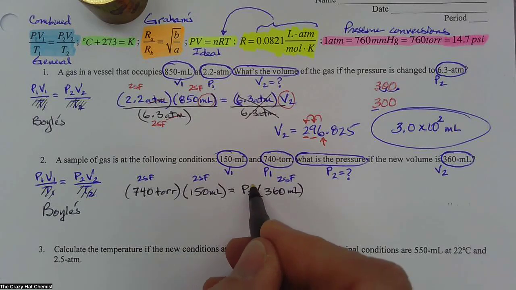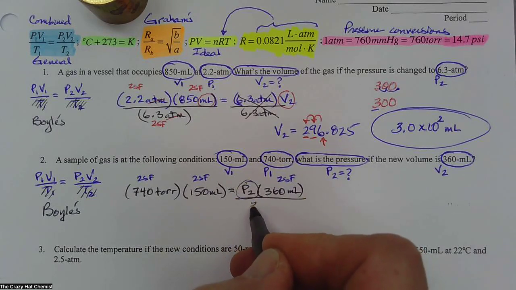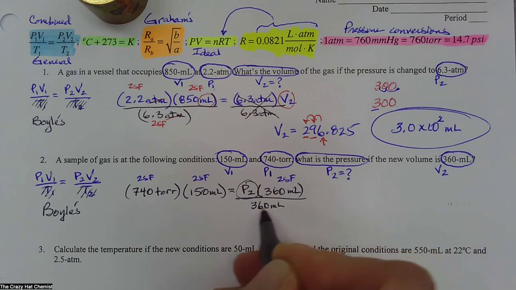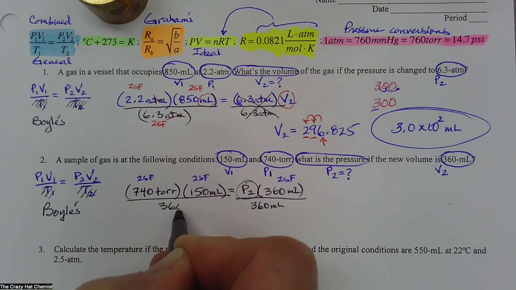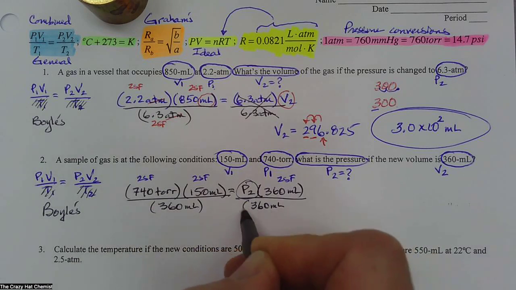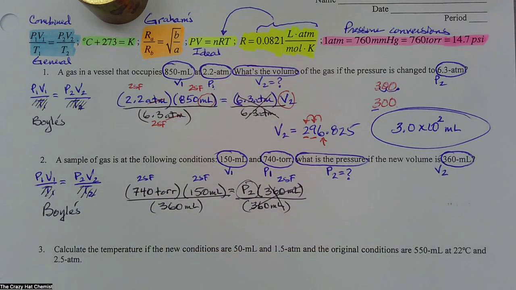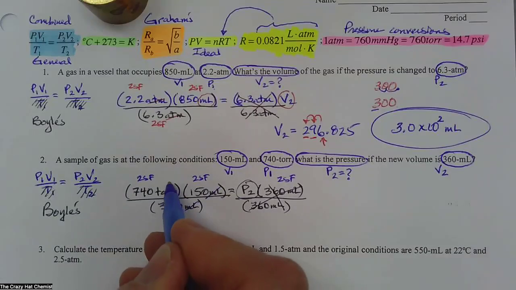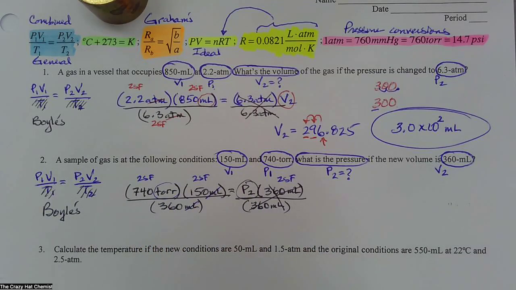I'm going to isolate this P2 right here, so I'm going to divide both sides by 360 milliliters. You should see that that actually cancels out this right here. It cancels out the milliliters, and I'm left with torr, which is a pressure. So I'm going to plug this into my calculator: 740 times 150 divided by 360. And I'm going to get in my calculator, pressure 2 is equal to